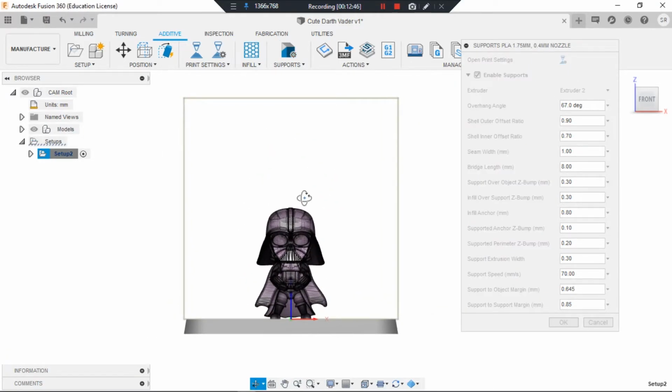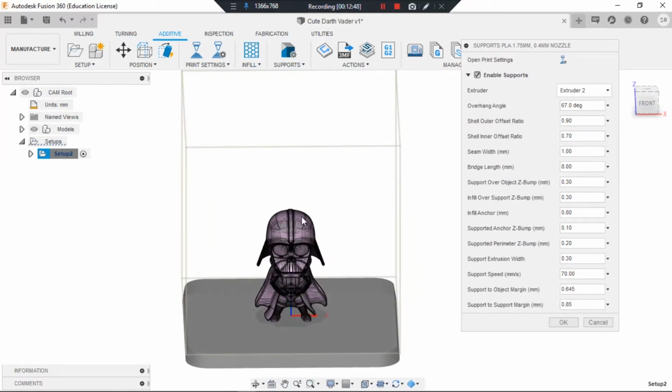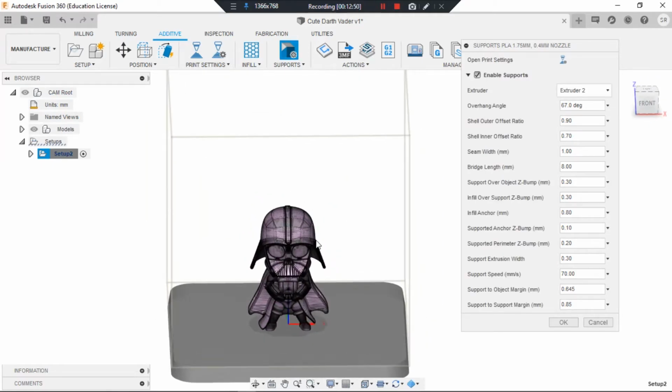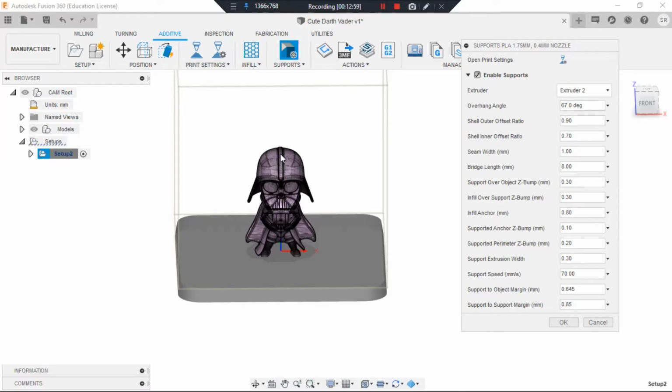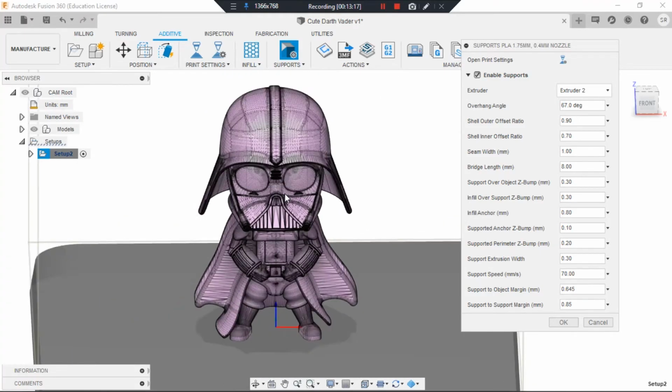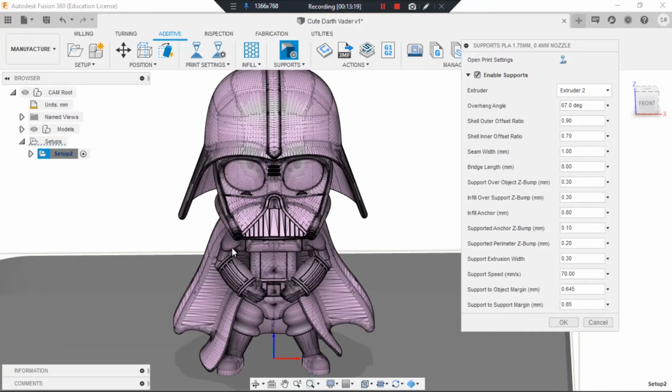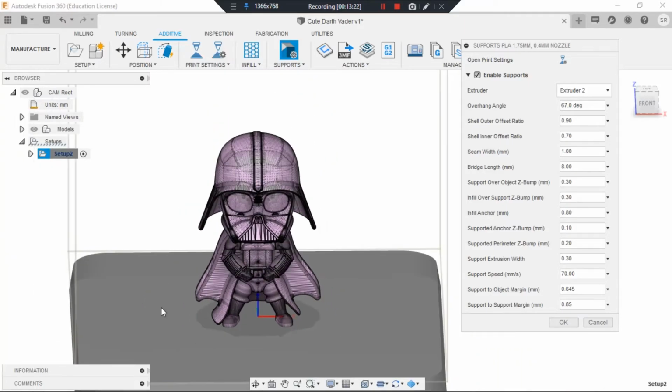Because we just want to simulate our workspace, I think Fusion 360 can do it without the support either. Because it is a simulation, we do not want supports that will change our workspace, which is already there.